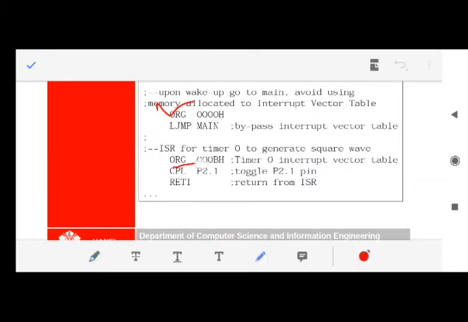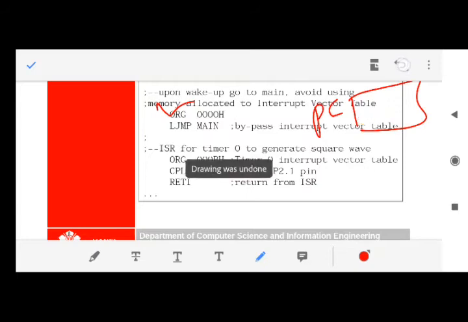See what this line says. ORG 00B means this is the address 00B inside the ROM. So whenever an interrupt from timer 0 occurs, the program counter will be loaded with the address 000B. Now the 8051 will understand that it has to execute from 00B. Now it is executing 00B.